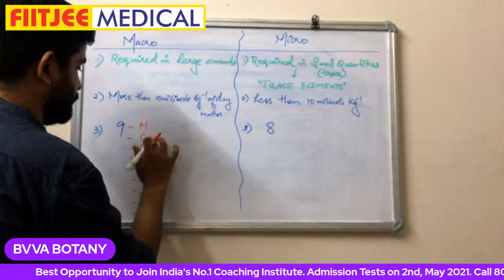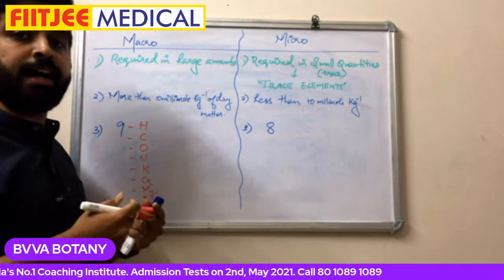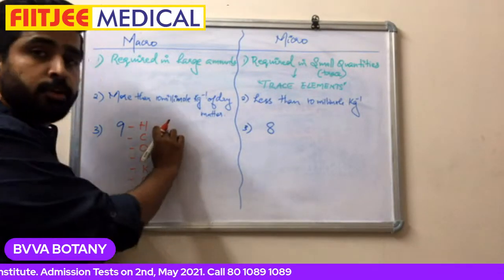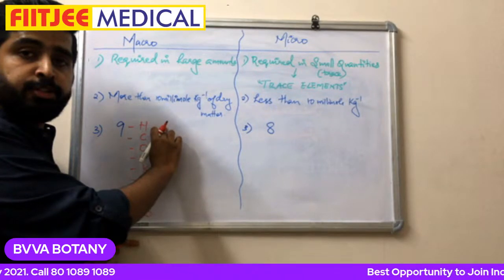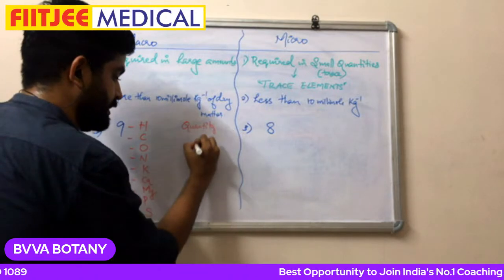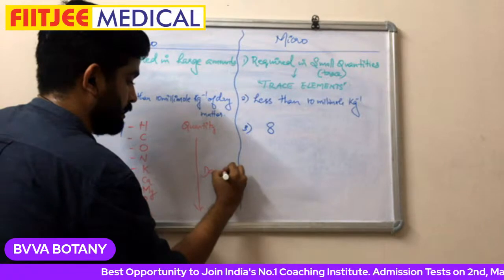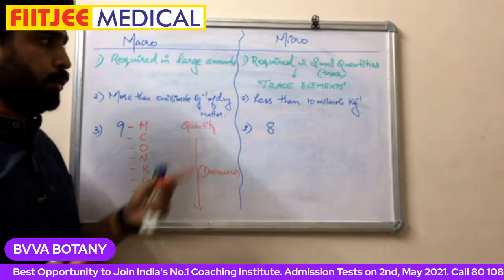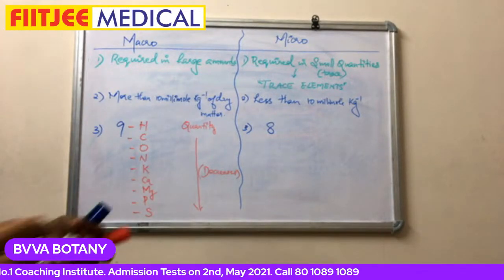I have arranged these in the descending order of their quantities, which means hydrogen is going to have the highest quantity. The quantity decreases. Okay. Now we discuss the 8 micronutrients, which include